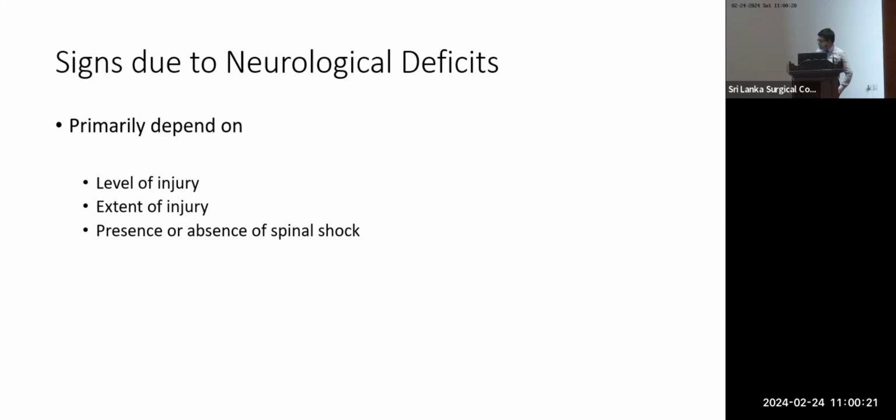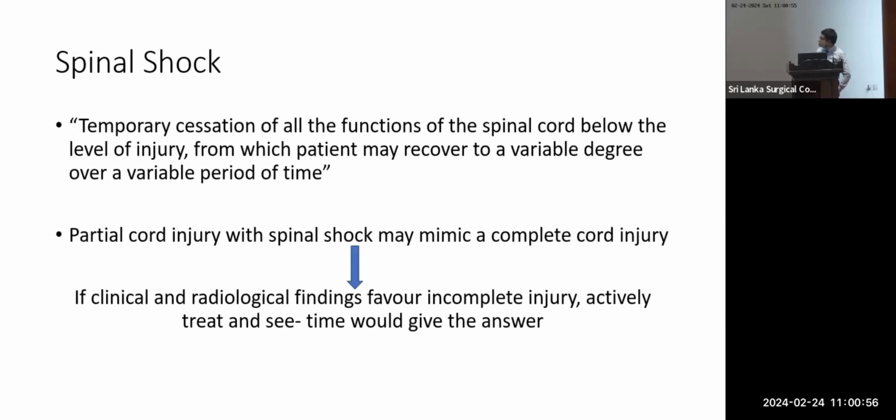So at which level has this injury happened, and what is the extent of injury? Is it a complete cutoff of the spinal cord, or only one side, or the anterior side, posterior side? How bad or how severe is the injury? And whether the patient is in spinal shock or not. I thought it's easy to discuss this in the reverse way. So I'll continue the discussion in the reverse direction. So when you talk about spinal shock,